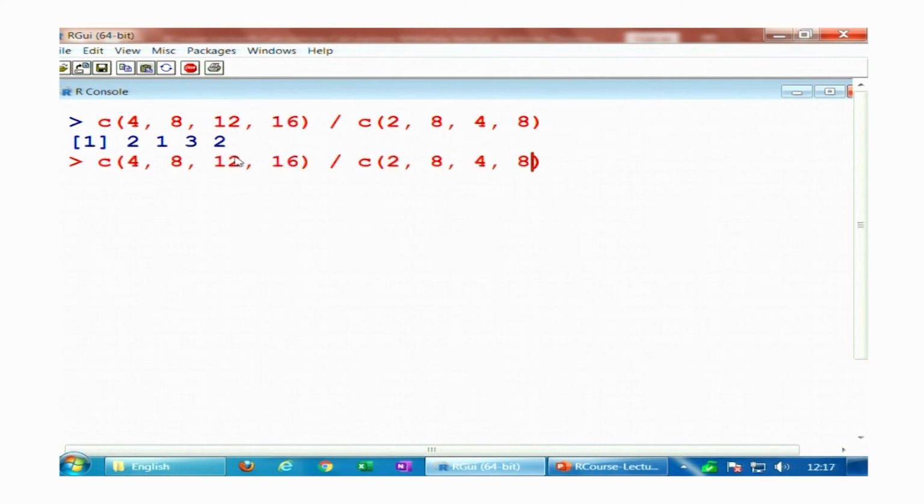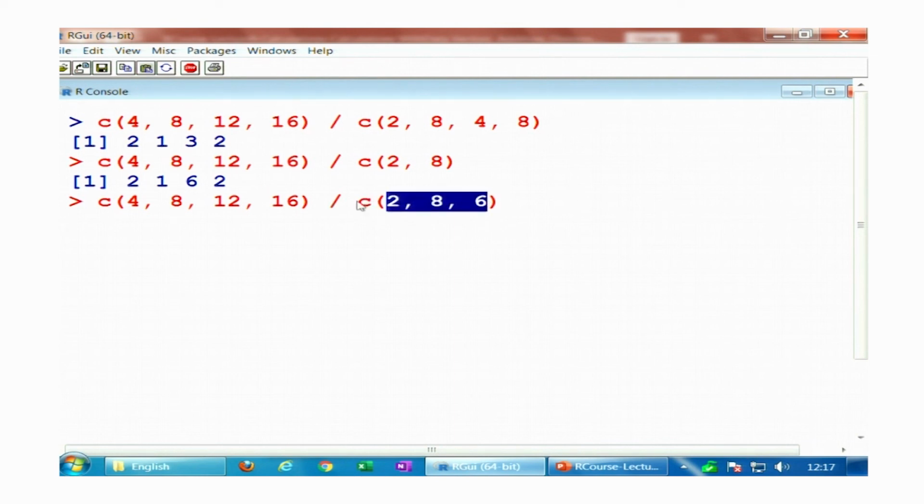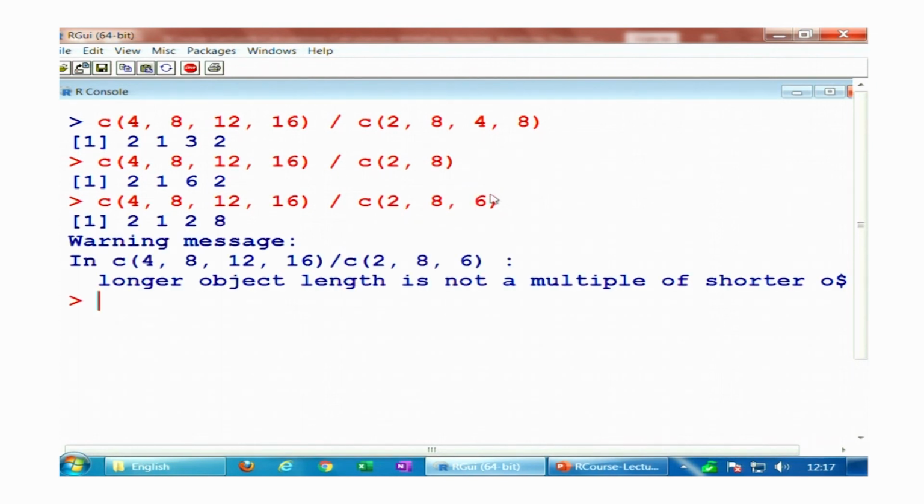Now, in case you try to remove two elements, because your second data vector is of exact multiple length of the first data vector, then the answer will become 2, 1, 6, 2, because this 2 and 8 is going to be operated over 4 and 8 and then over 12 and 16. And in case you make the second data vector of length 3, something like 2, 8, 6, you can see that it is going to be operated over 4, 8 and 12, but after this 16 will be operated with 2, but then what to do with 8 and 6 is unknown. So, it will give you a warning message,